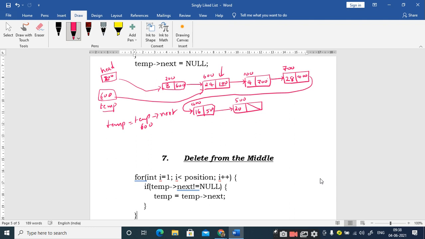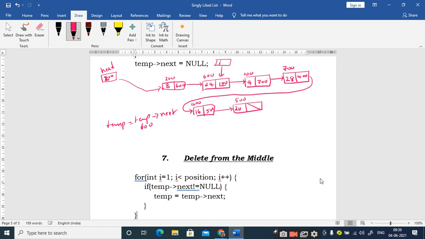Now I should repeat the things. That means while temp next not equal to null, what is temp next? Observe carefully. Where is my temporary pointer pointing to? 600. So it is pointing to the node which is located at 600.